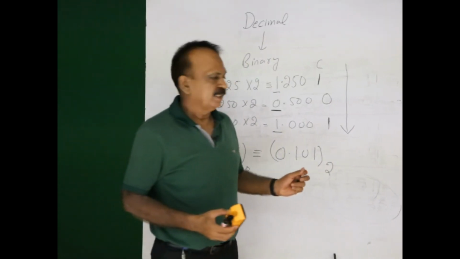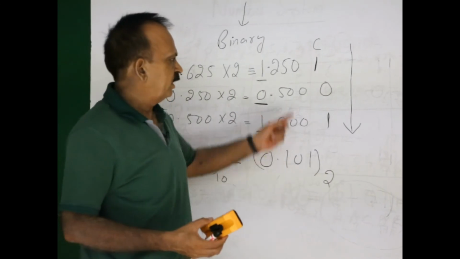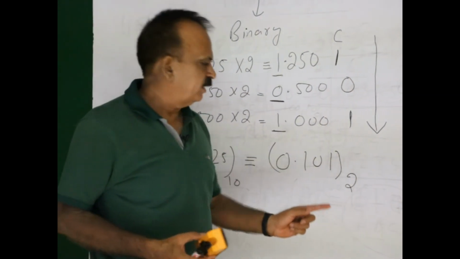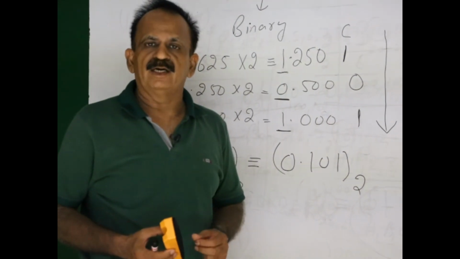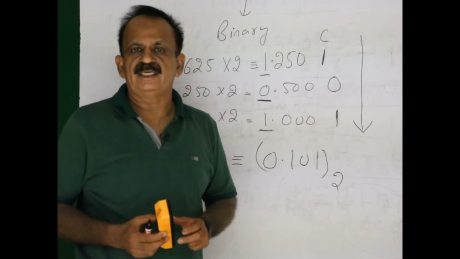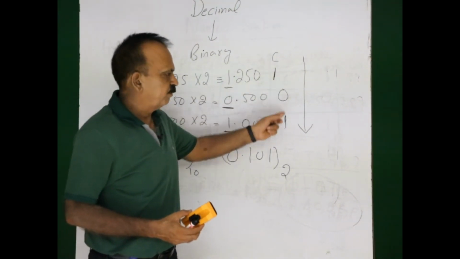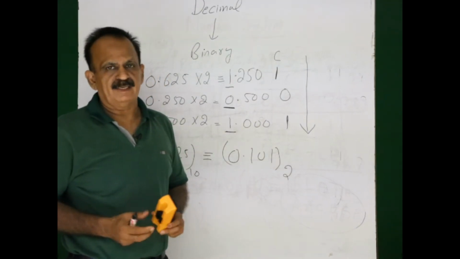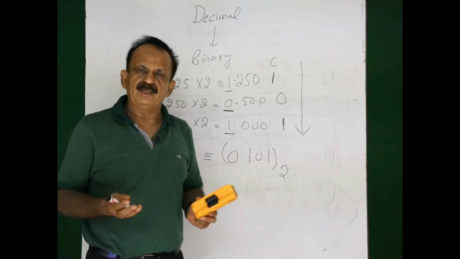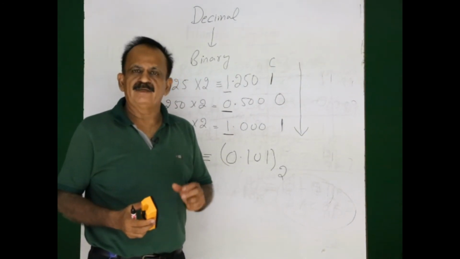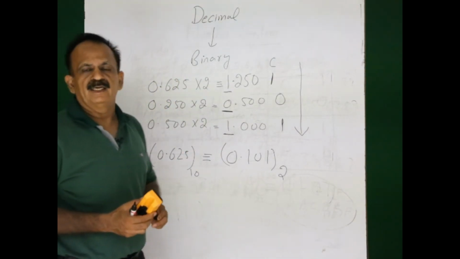In this fraction, the process ended after three steps. There may be a case where there will be repetitive steps and I do not get 0. So, I can stop this process after 5 or 6 significant digits. The process can be stopped, or sometimes these numbers are repeated, and whenever this repetition starts, I can stop this multiplication process. It may be an approximate value, but it will represent the binary equivalent of this particular given decimal number.